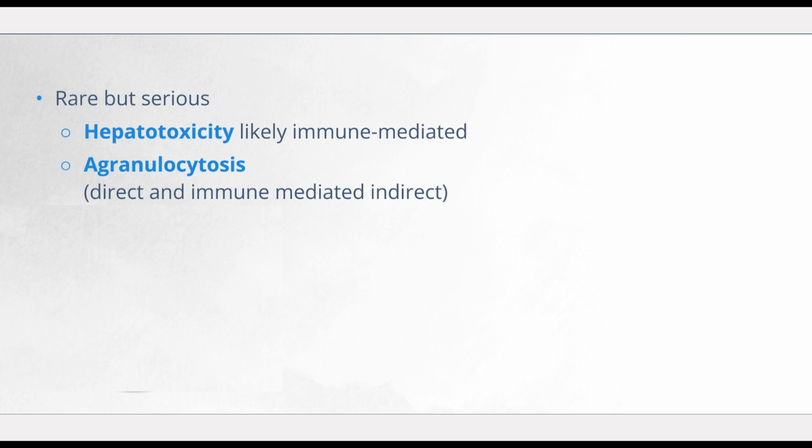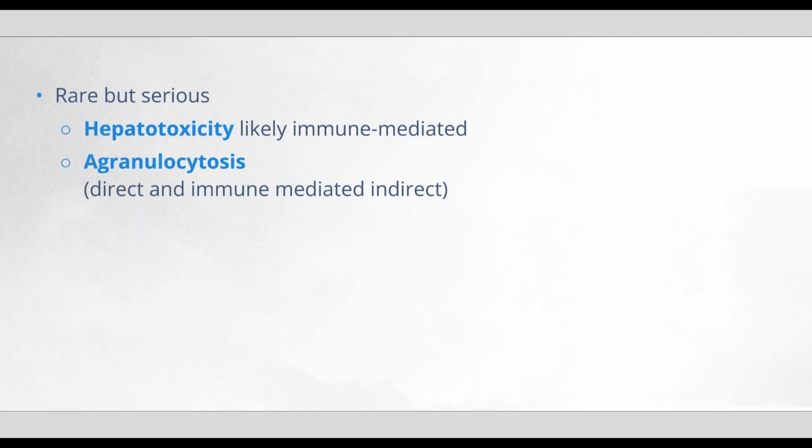Hepatotoxicity is more likely with PTU, which has been associated with fatal cases of acute liver failure, so healthcare providers typically choose Methimazole in most cases of hyperthyroidism. Both drugs may cause bone marrow suppression due to direct toxicity and an indirect immune-mediated reaction, resulting in low platelets and low white blood cells. The bone marrow suppression may be so severe that agranulocytosis, or very low neutrophil counts, puts the client at high